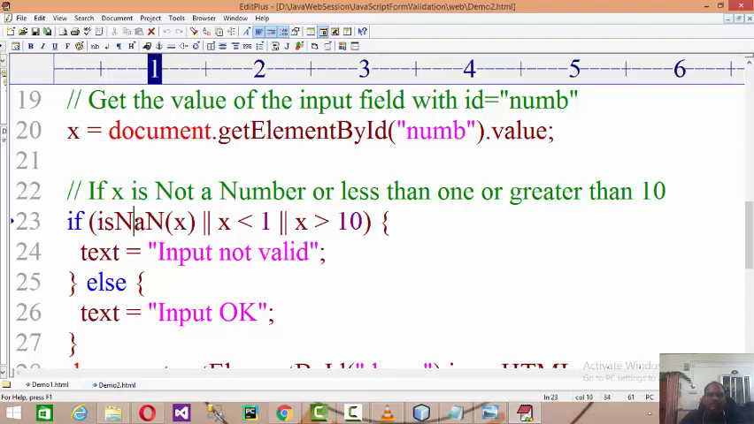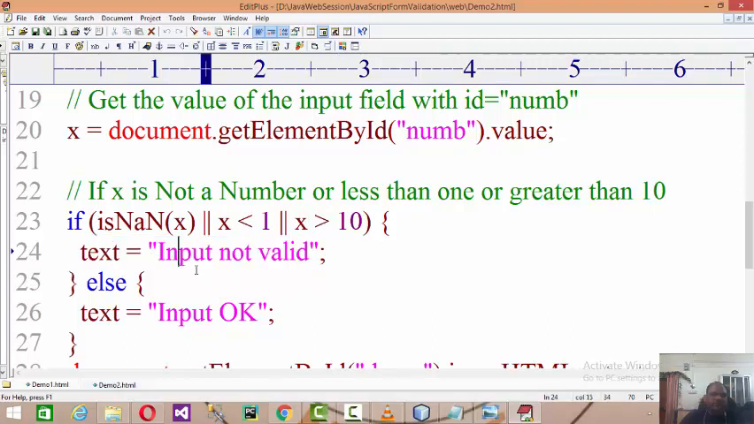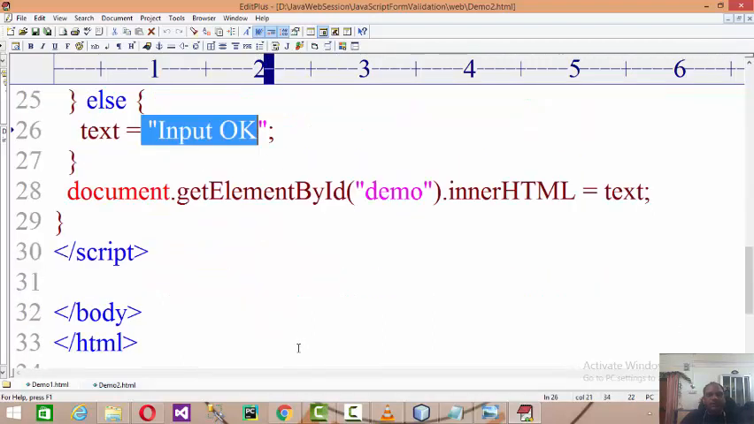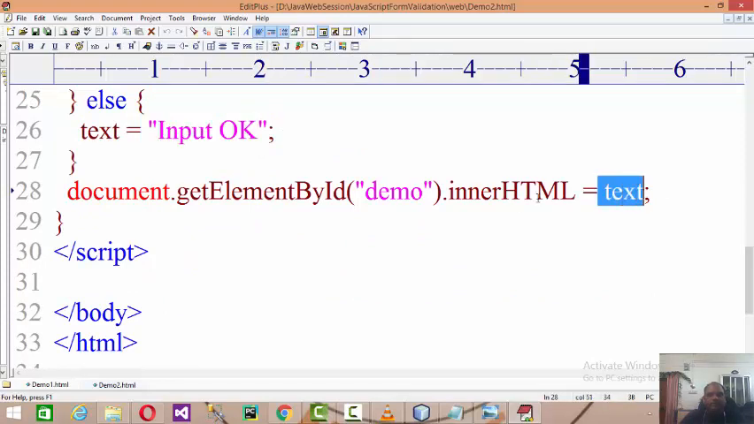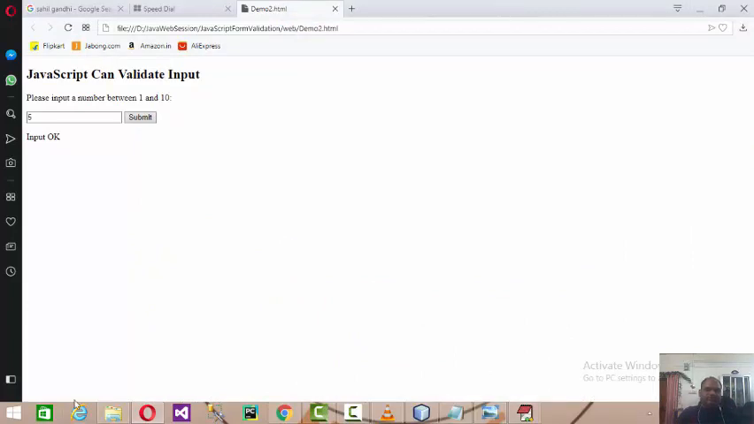So you write the three conditions: isNaN, x less than 0, x more than 0. If all are true, then the text input is invalid. If anything is false, it will be invalid. Otherwise, it will say OK over here. And then that message, input OK or input invalid, will be assigned to demo. Demo is actually the paragraph ID over there, right? Hope you understand this. Then the next one is